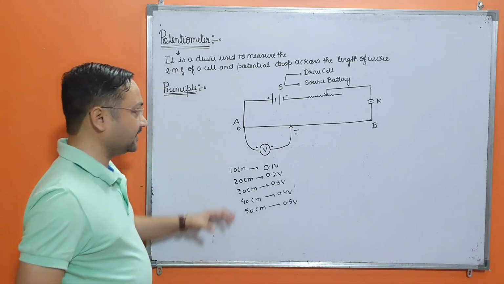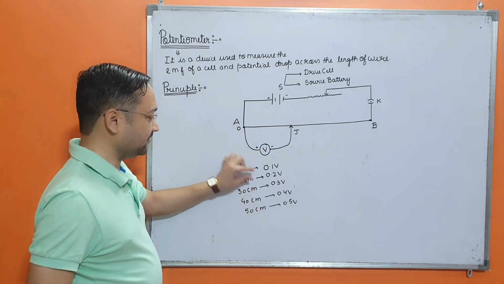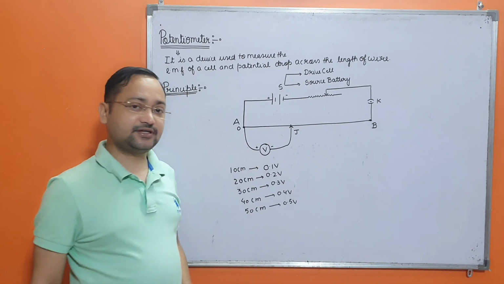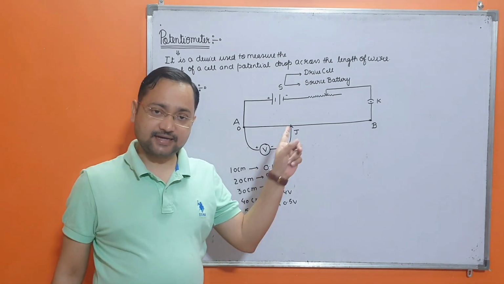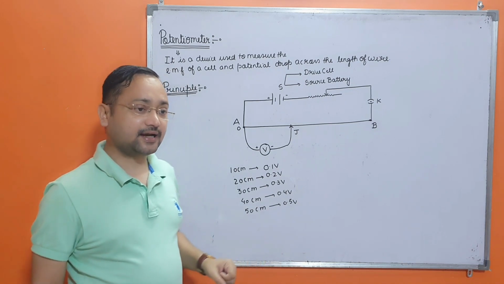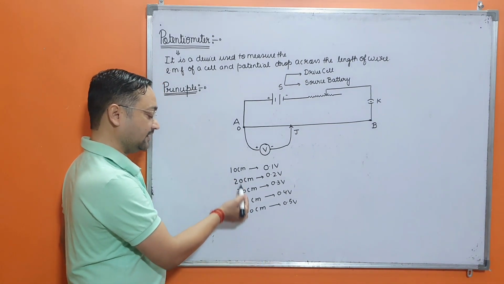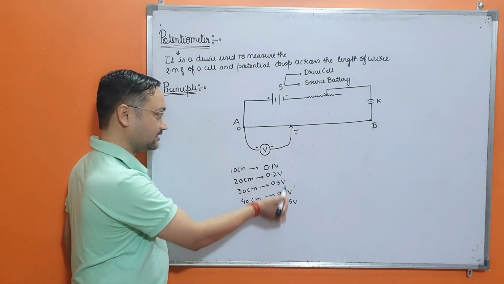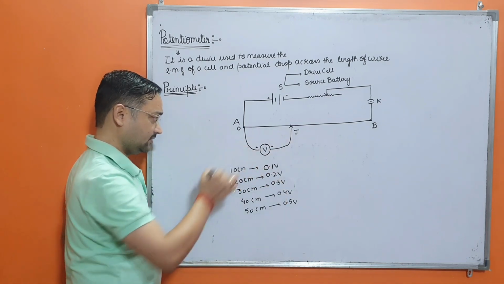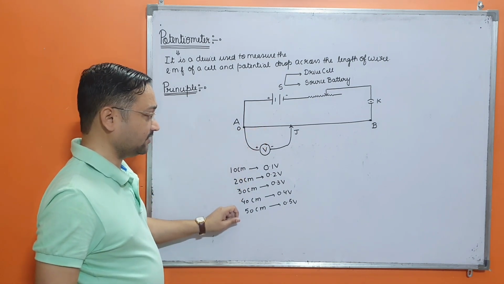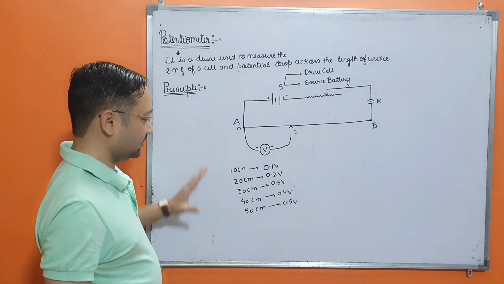When you are practically executing this in the lab, definitely there is some slight deviation, and this is one of the activities also. 2 practicals and 1 out of 6 activities. This is one of the activities: to plot the graph of potential drop across the length of the wire versus length. So this is the length and this is the potential drop, and by doing such observations in the lab, you make an observation table and then you plot the graph.